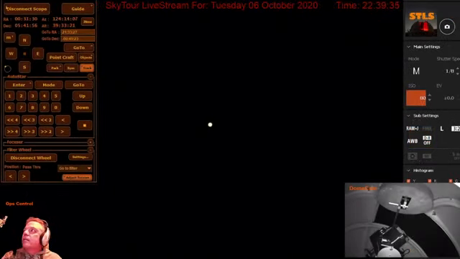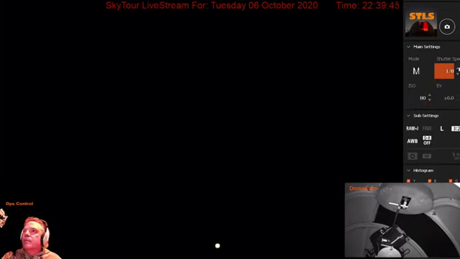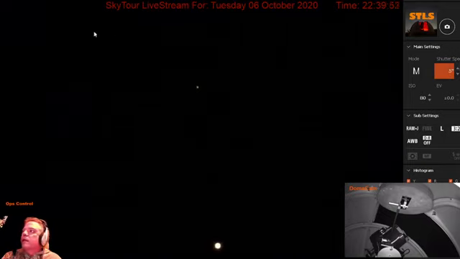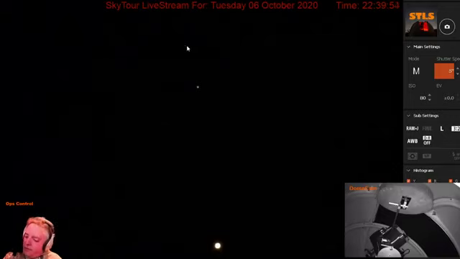Then I'm going to bring us up a little, and we should get a star or two. This is 1/8 of a second though, so let's actually, there we go. There's the star I was looking for right there. And this is the white light view, and that won't necessarily be the best.